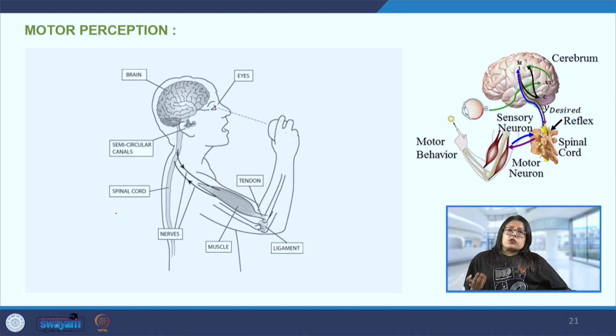So if somebody has lost their arm, whether above elbow or below elbow, and they have been fitted with an artificial arm, that artificial arm does not really know whether the glass has to be held loosely or tightly. So if the right pressure is not applied, then the arm can drop the glass, or it can also squash the glass. If it is a paper cup or a plastic cup, it can also squash it.